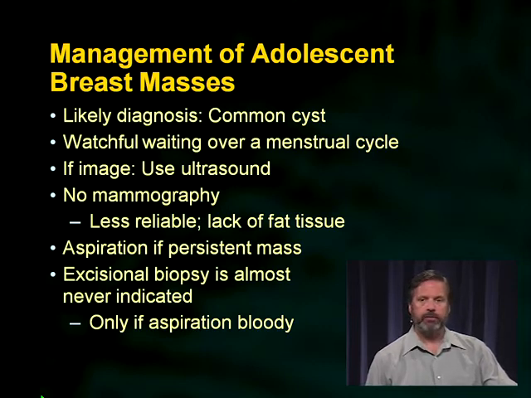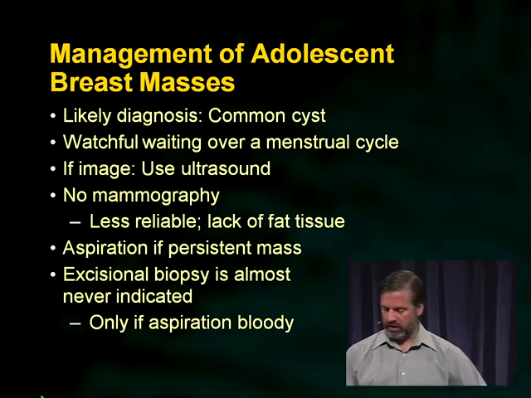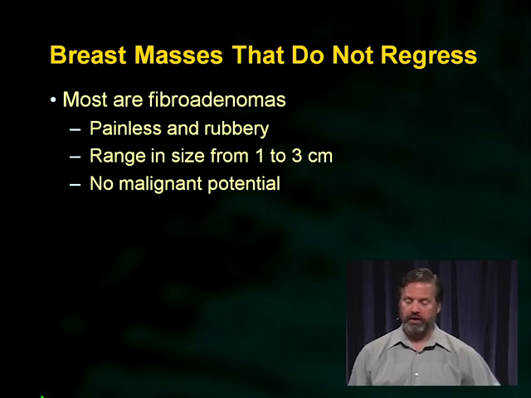And the reason you don't get a mammogram is because adolescent breasts don't have a lot of fat in them. So your mammogram is not going to be helpful to you. So if you're interested in a diagnostic technique, you go to ultrasound because you're interested in whether this is solid or cystic. That's basically your decision point. And if it's cystic, then you may go to an aspiration. And if you go to an aspiration, all you're interested in is the cell type in the aspiration and whether it's bloody or clear. And so those are the things that are going to help you most in making diagnosis of breast masses in adolescence.